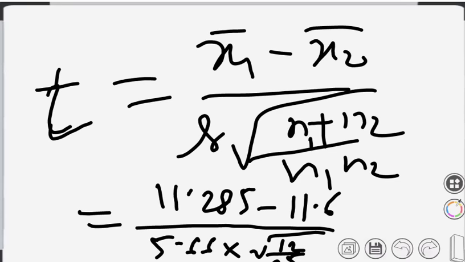So 12 by 35, square root of the answer, into 5.66, x inverse, into bracket